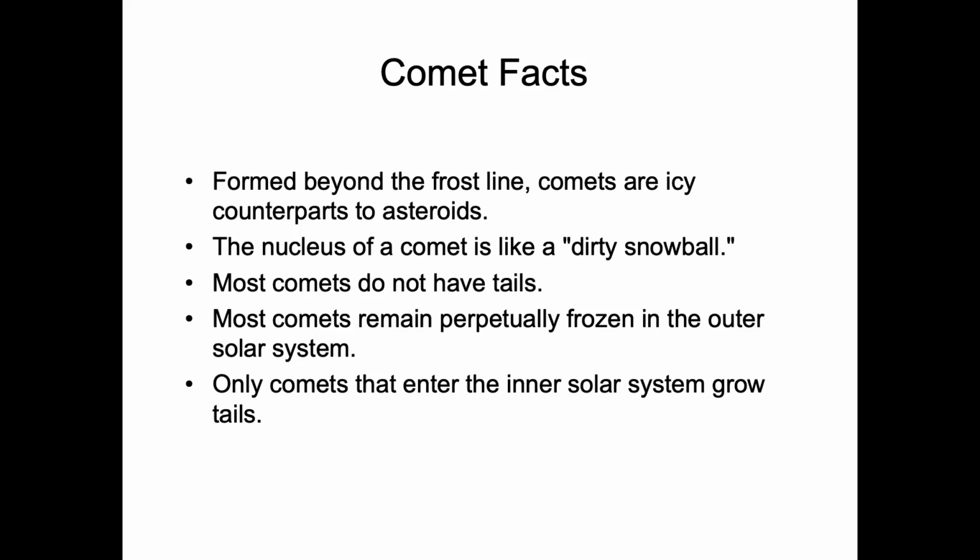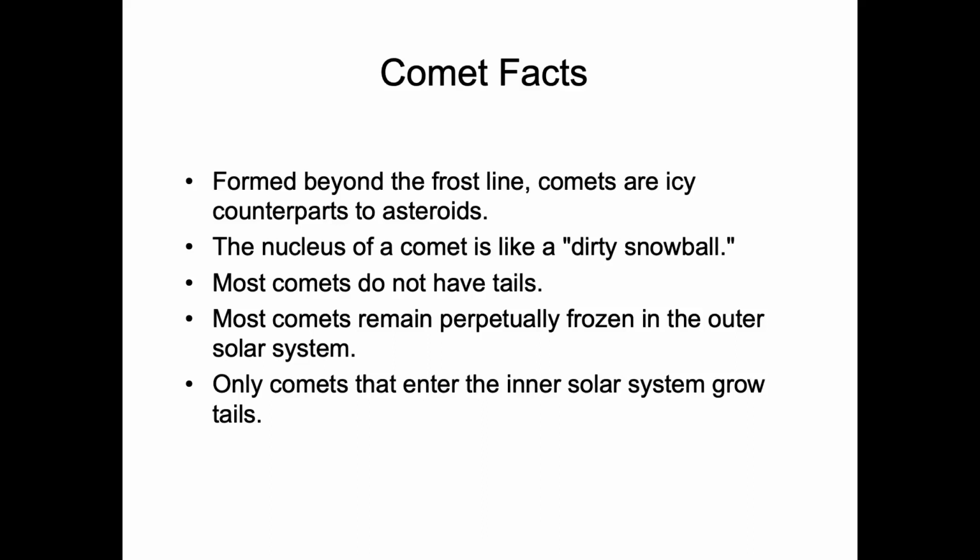The tail of a comet is the result of the ice in the body of the comet evaporating. And basically, as the comet travels, it has gas that is being pushed off of it by the solar wind